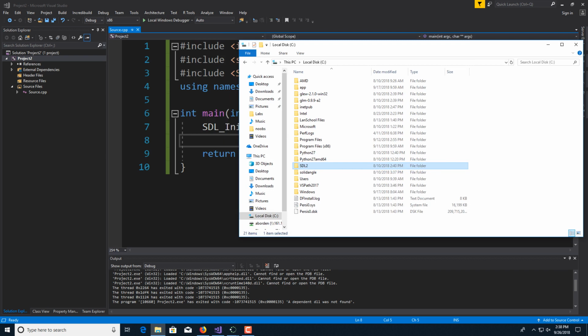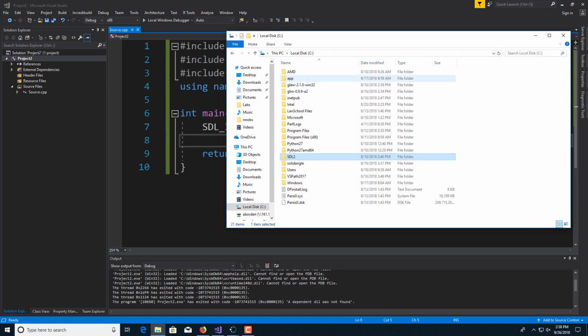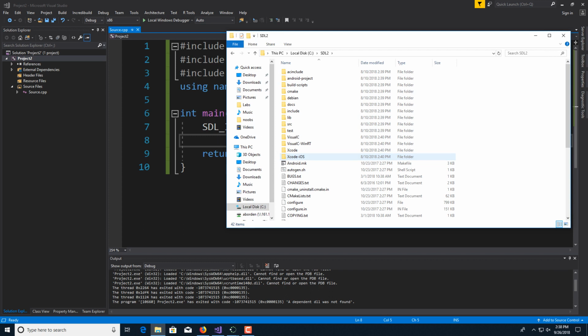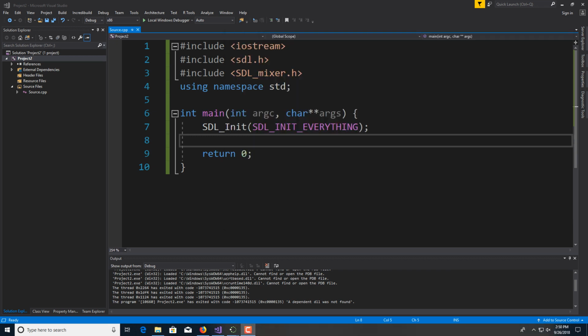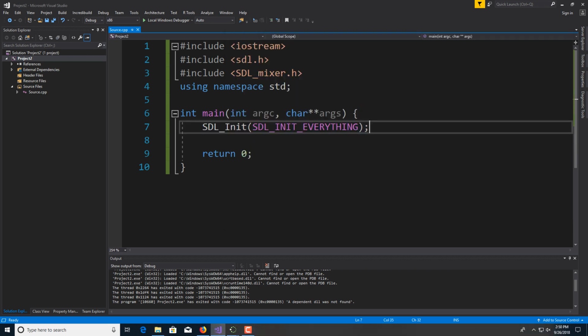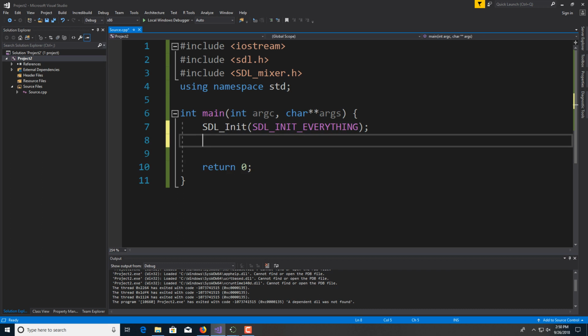So back over here in the File Explorer, you want to make your way to the SDL2 folder. I think we cannot open SDL.h nor mixer. This line initializes SDL, that gets everything up and rolling. We're going to initialize the mixer,